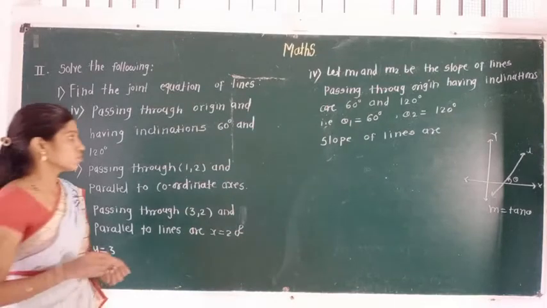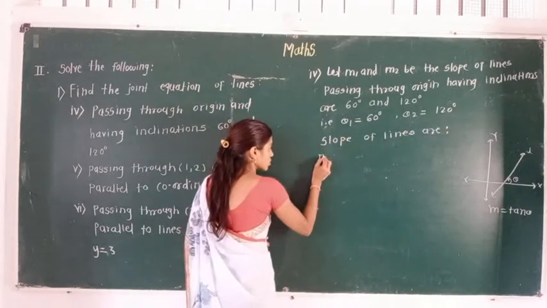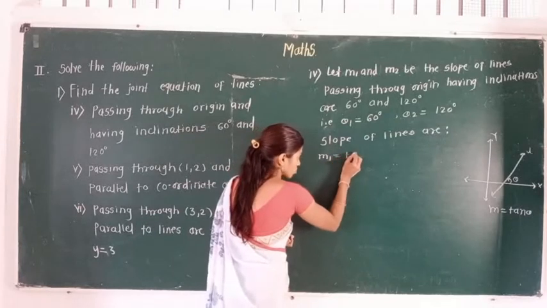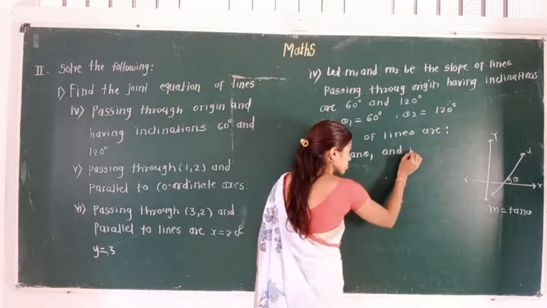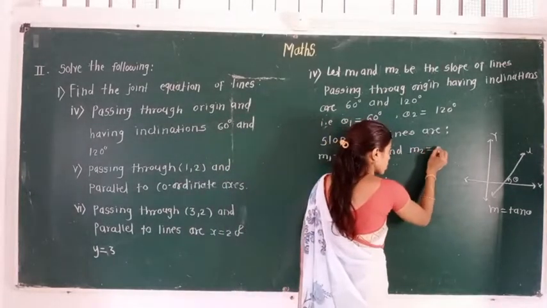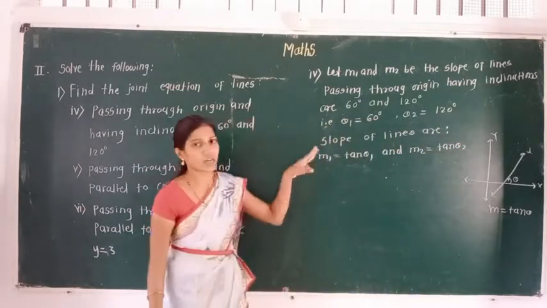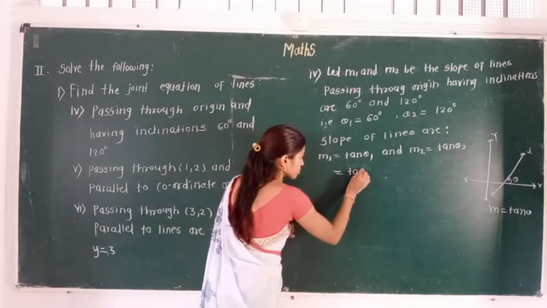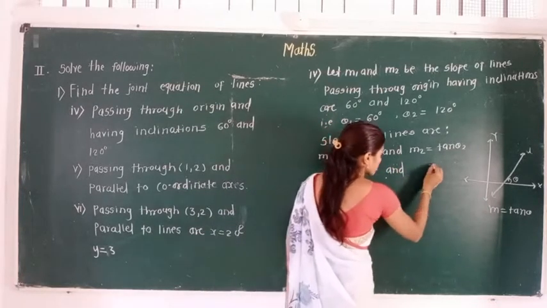So we write here the slopes of the lines are: m1 is the slope of the first line, m1 is equal to tan of theta 1, and m2 is the slope of the second line, m2 is equal to tan of theta 2. Now put the values of theta 1 and theta 2 in these two results. We write here tan of 60 degree and tan of